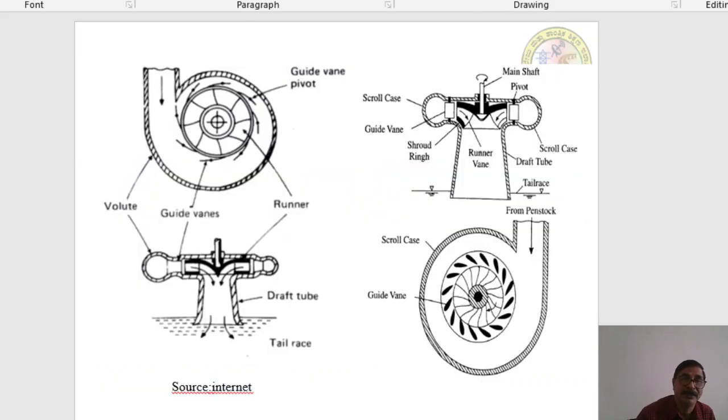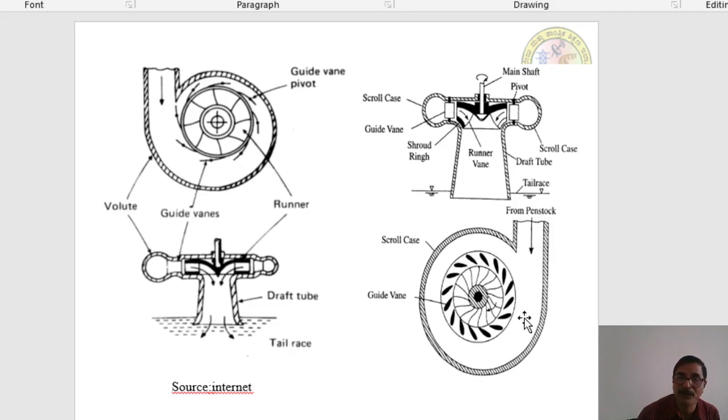Now let us look at the working principle of Francis turbine. So there are two views here again. One is first angle projection, second one is third angle projection, shown here. Now the water enters from the penstock at the inlet of the scroll casing of a Francis